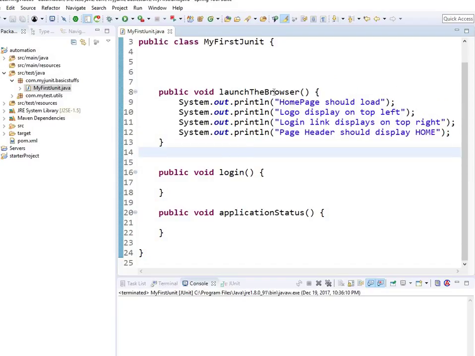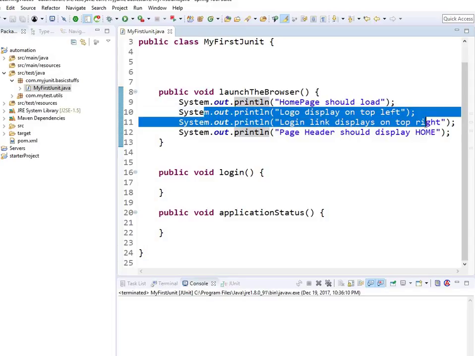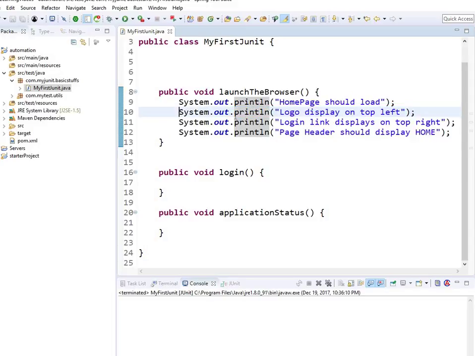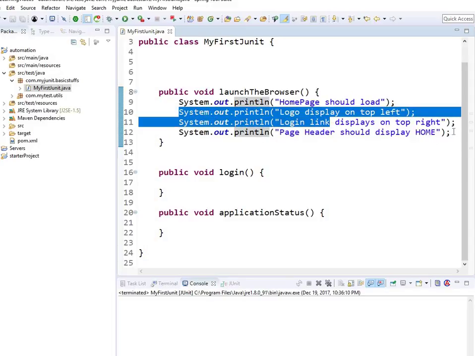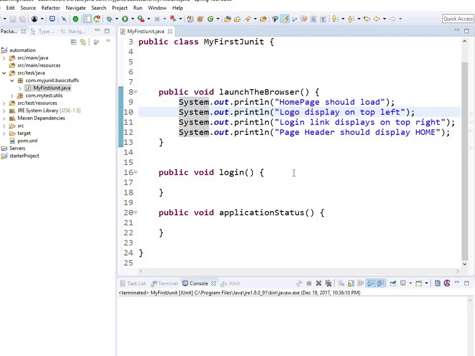So you are launching the browser, you are putting a validation that the home page should load. Okay, once the page loads, you're going to put some waits here, like how long you want to wait for the page to load. Usually you put a timer here, a wait timer, so a timer delay of something. And then these are the validations, so you put some kind of assertions. The assertion fundamental is that it does the validation. If the validation does not occur, it will throw out an error, or it will fail the test